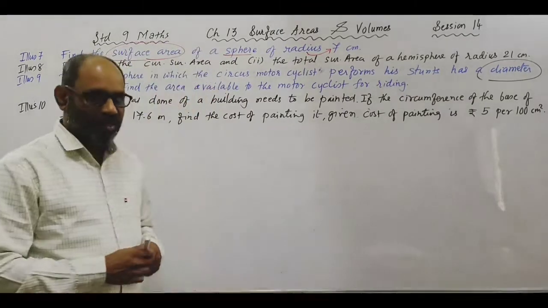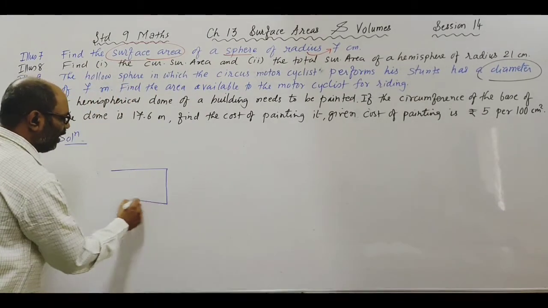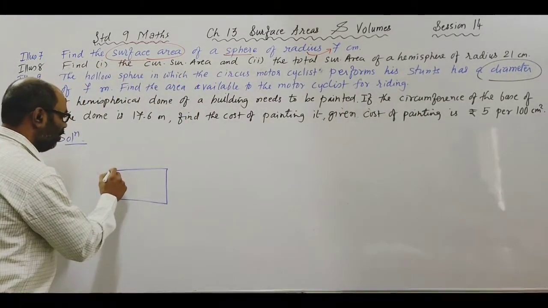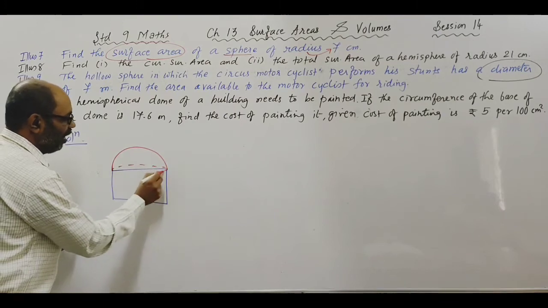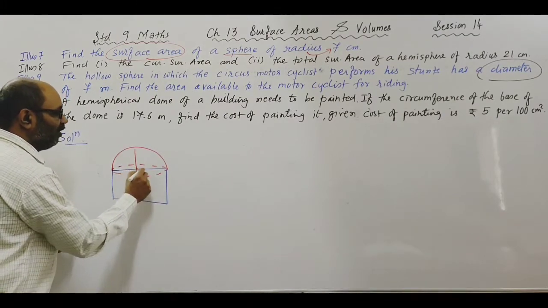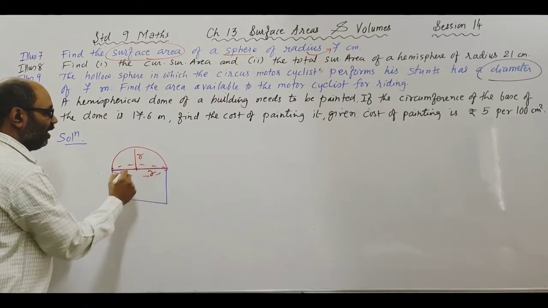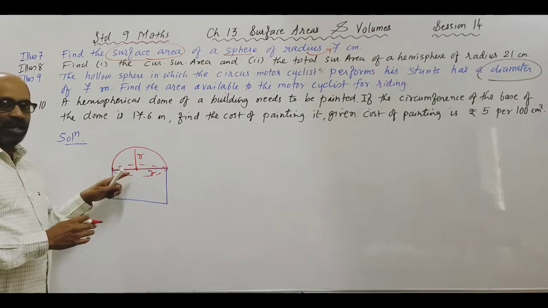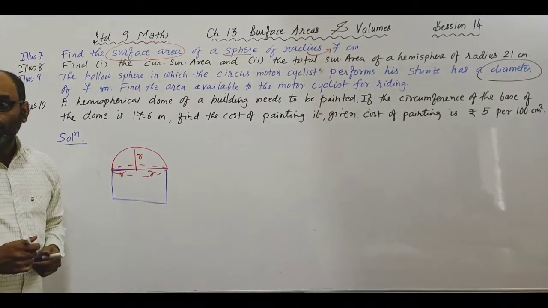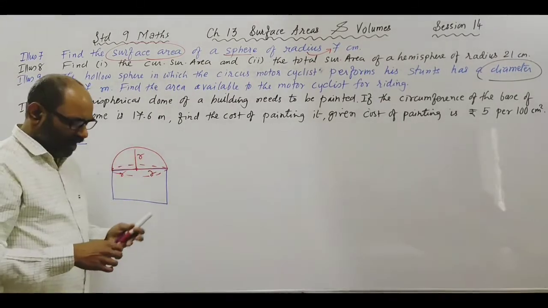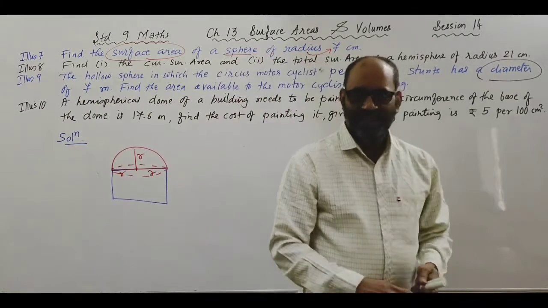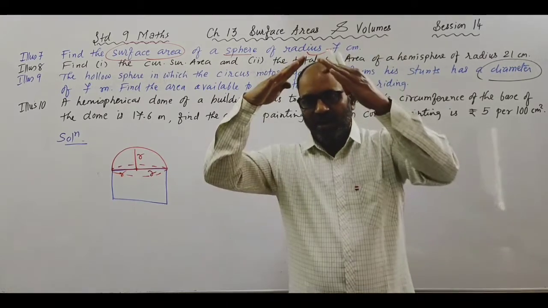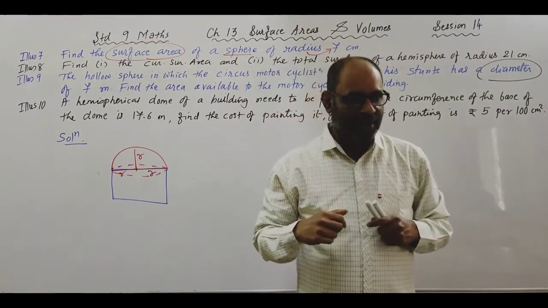I'll put that dome in the form of a diagram. ये कुछ बिल्डिंग का बेस है और उसके ऊपर डोम, ऐसा हेमिस्फेरिकल डोम है. ये डोम है. This is the dome. ये रेडियस, ये रेडियस. Now this hemispherical dome constructed on the top of the building is to be painted. Children, where do you find this type of domes usually? In the mosque, sometimes even in the temple. In temple you will find even conical tops.